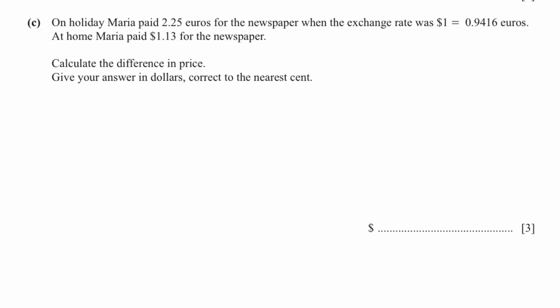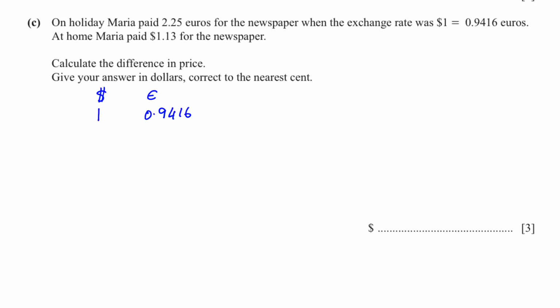In C, on holiday, Maria paid 2.25 euros for the newspaper when the exchange rate was $1 is equal to 0.9416 euros. And at home, Maria paid 1.13 for the newspaper. Calculate the difference in price and give your answer in dollars. So we have to change the euro to dollars and then subtract these two. Anytime you have a currency question, write it like this. What currencies we have? We have dollar and euros. $1 is equal to